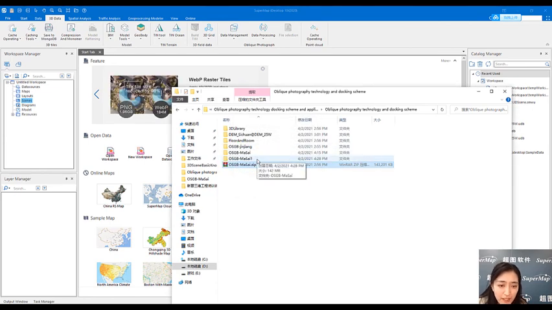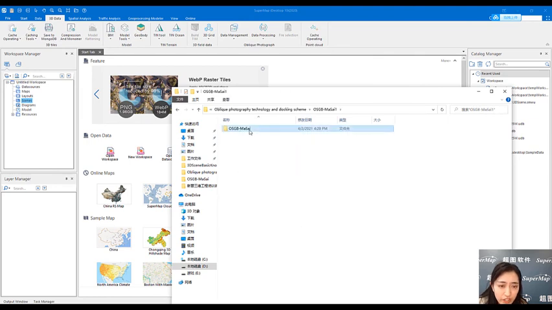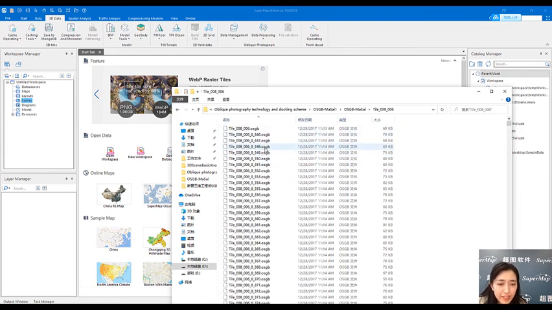Okay, and let's open this OSGB Mosaic and open this tile, and we could see there